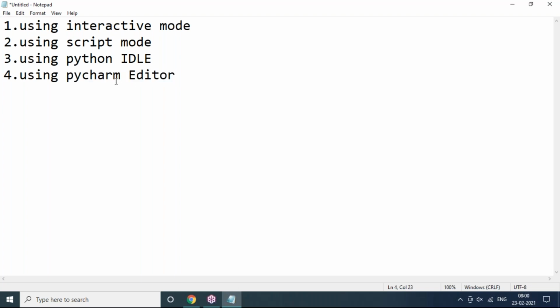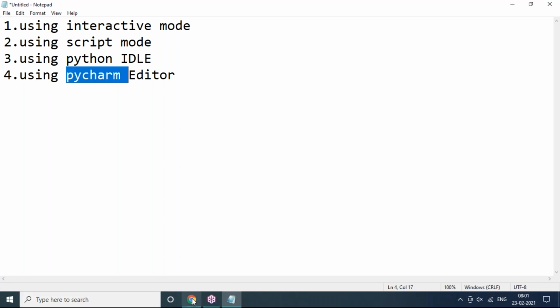Before going directly to the PyCharm installation, I strongly recommend installing the Python software first, because the core libraries come from the Python software only. So finish the Python software installation, and then choose any editor. Anyone you like is fine, no problem, wherever you want to write it. But I want to write code in the PyCharm editor.